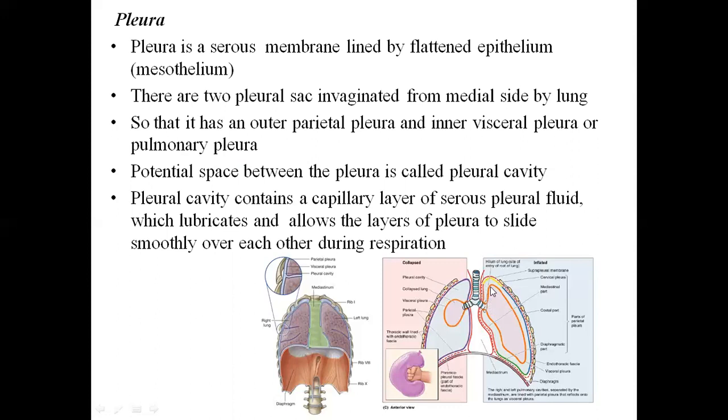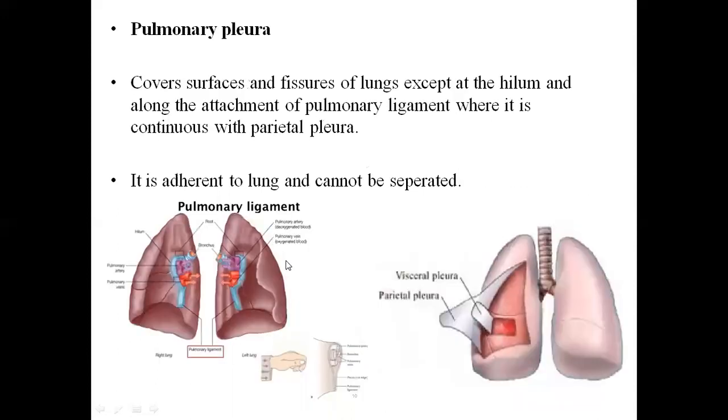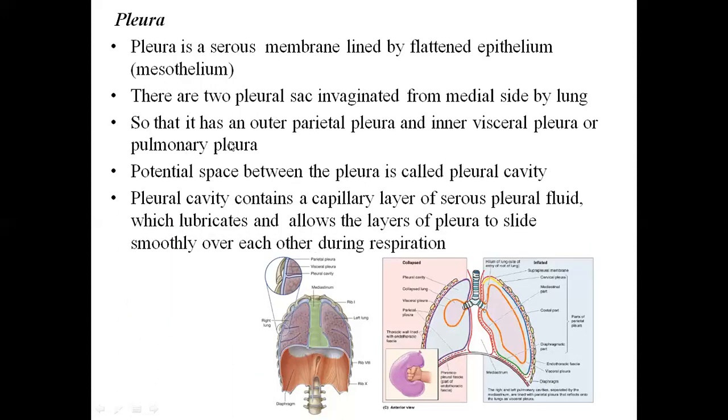So thus the pleura has two layers, and in between the parietal and the visceral pleura, there is a space called the pleural space, which is usually filled with pleural fluid. So again, the pleura can be seen in a magnified picture. In this area, we can see the visceral pleura close to the lung surface and the parietal pleura, which is away from the lung surface. And this is lined by the mesothelium, the inner aspect of the pleura, that is this area. Here also, this area is lined by the mesothelium, which is secreting the fluid called pleural fluid.